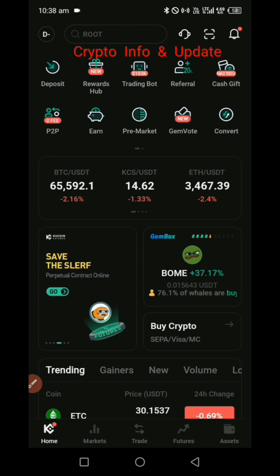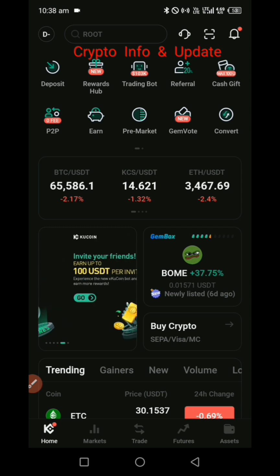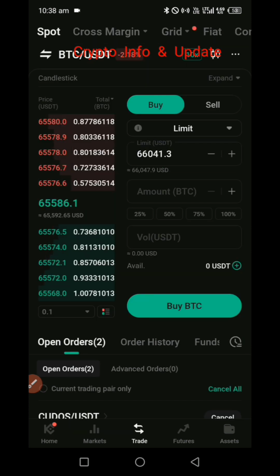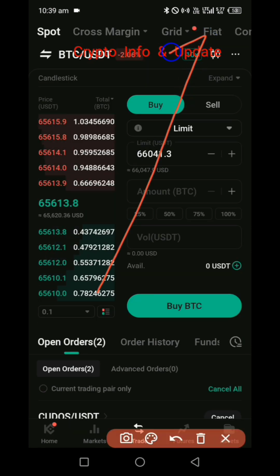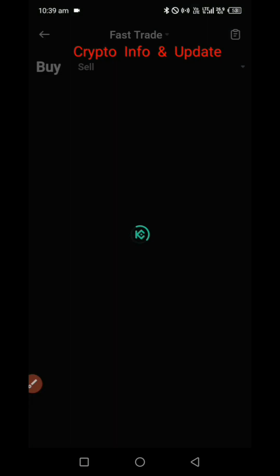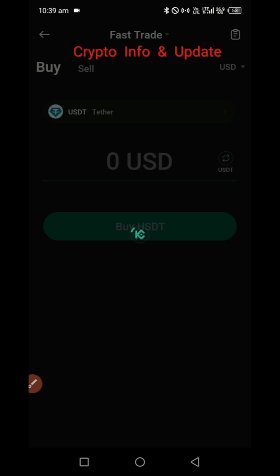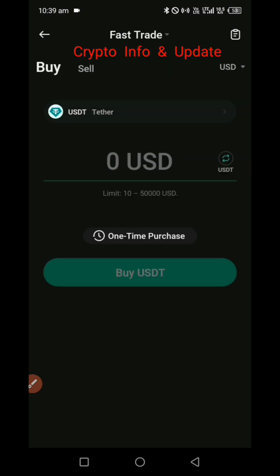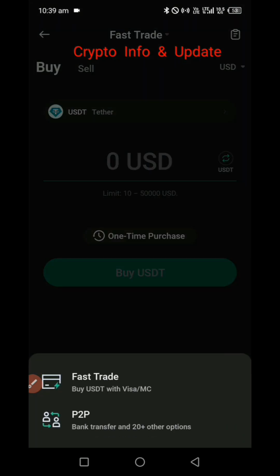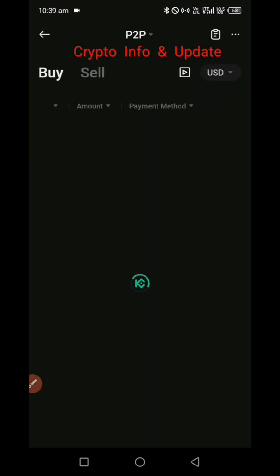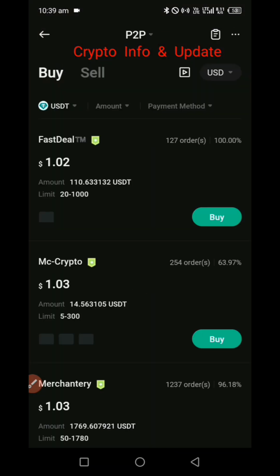Then the next thing you have to do is to click on trade. Trade is at the bottom of your screen. Then you click on fiat. Fiat is at the top of your screen. Then you click on fast trade and select P2P. Okay, then what you do next is